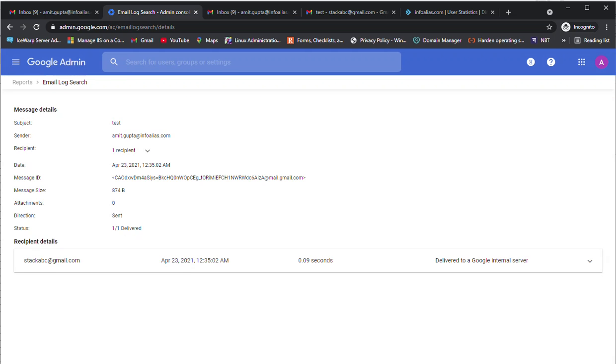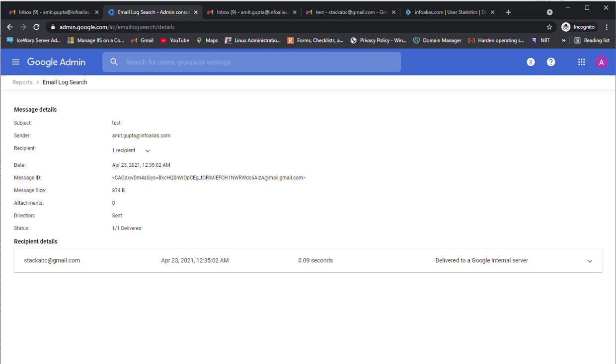The email log search shows the email has been received at stackabc.com and delivered to a Google internal server. It means this user is also hosted on Gmail. That's why it says delivered to a Google internal server.